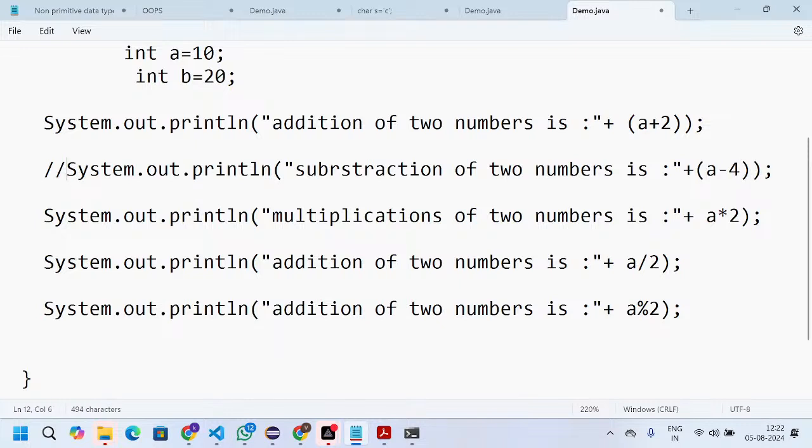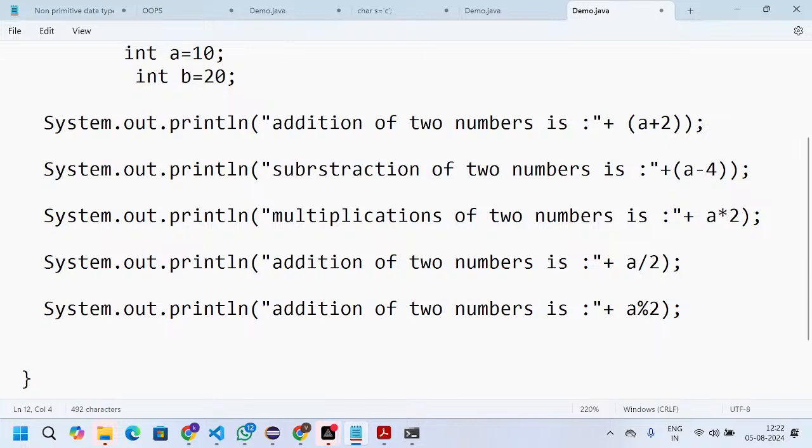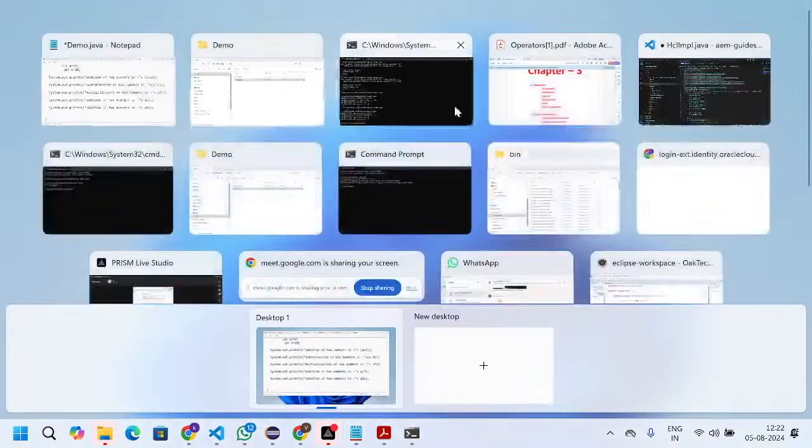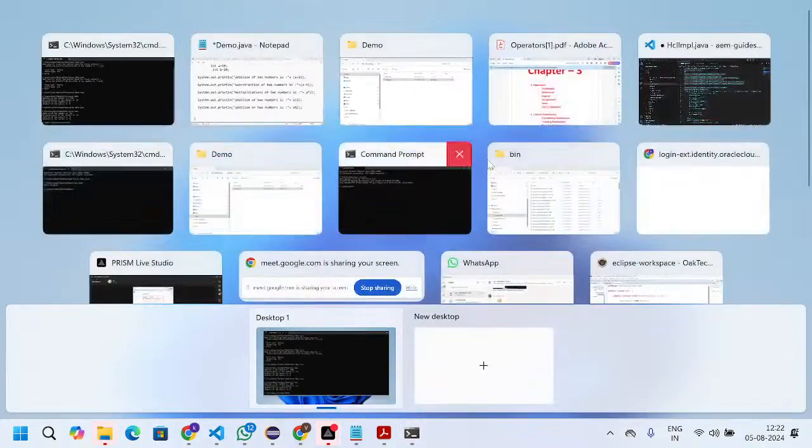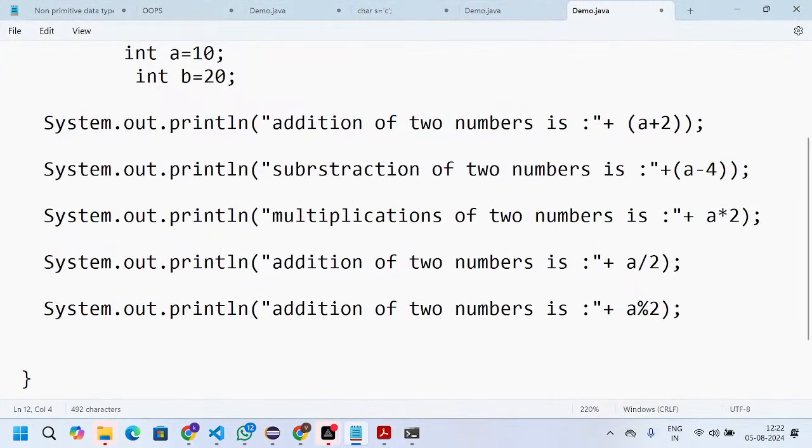We'll delete this comment, and when everything is running, it is working.